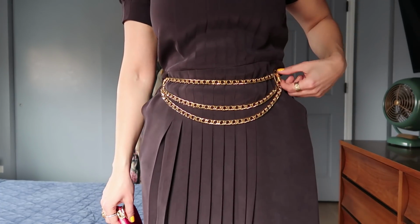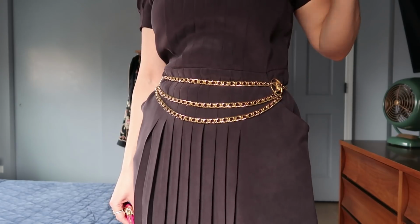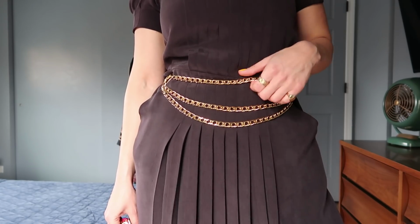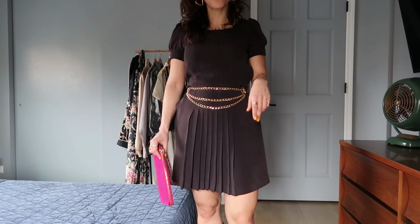This was actually one of the other finds I wanted to share with you guys. This was a purchase on eBay and it was $20. I've been on the hunt for this gold chain belt look for quite some time, so I was really excited to find one. I added on a belt, and then to really play up the gold in the belt,